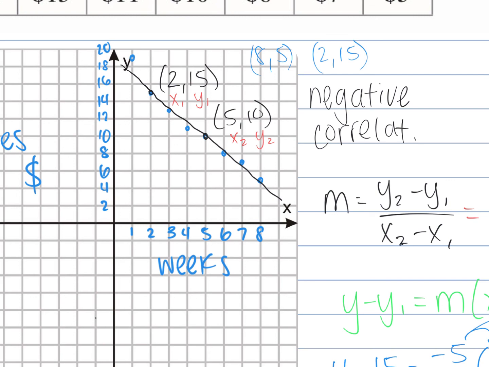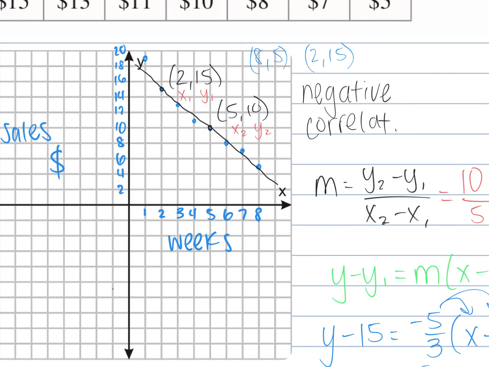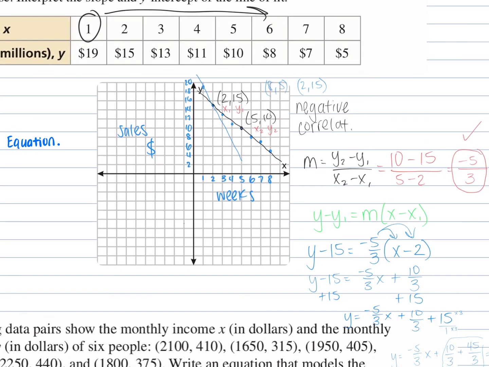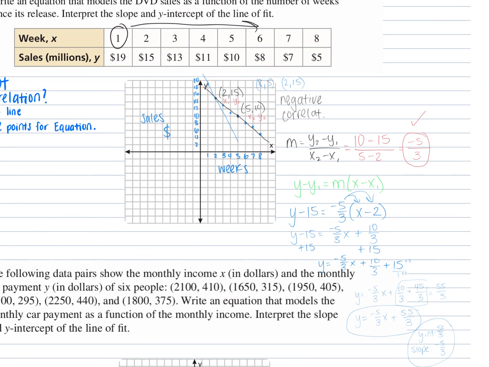Now, Alec potentially wanted to pick these 2, right? He's going to get a different equation. Do you guys agree? Why would Alec get a different equation? The line's completely different. Do you guys see that? So Alec's slope would be different as well. Any questions on this one? All right, what I want you to do is there's a